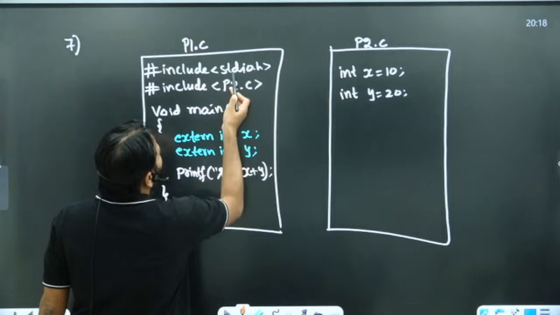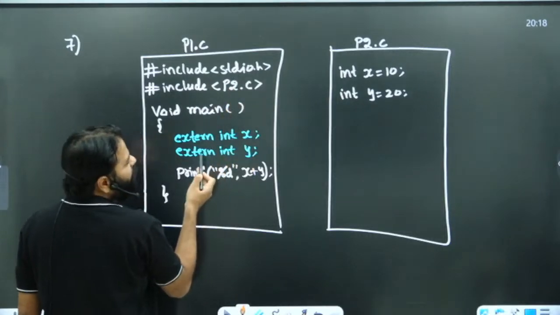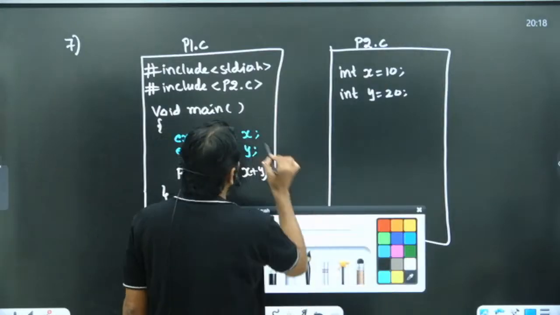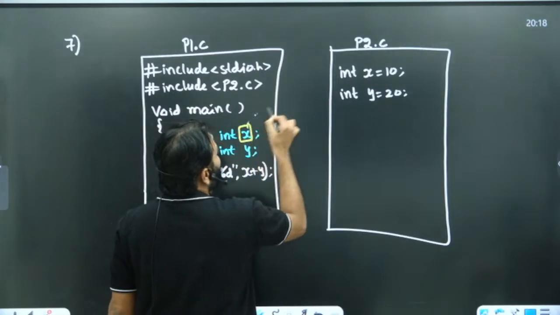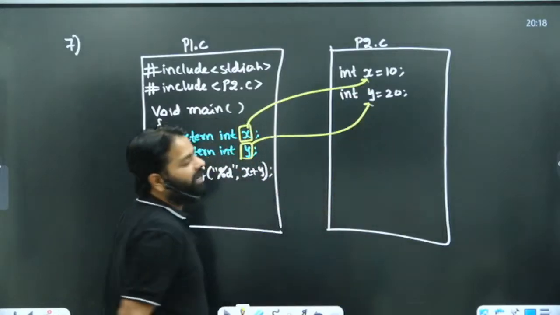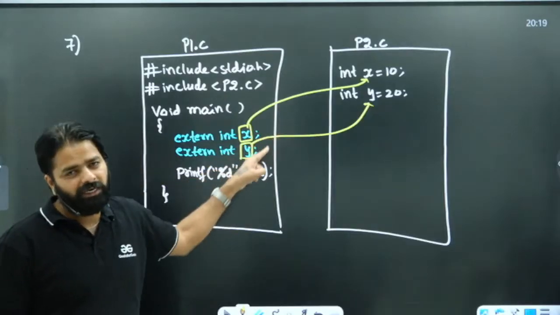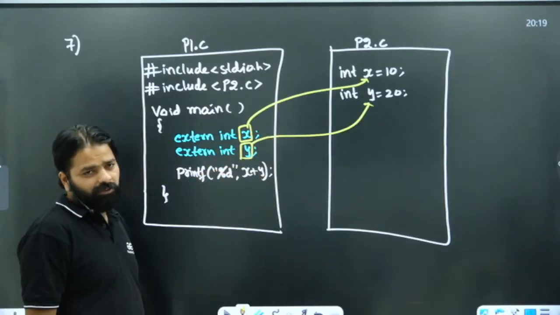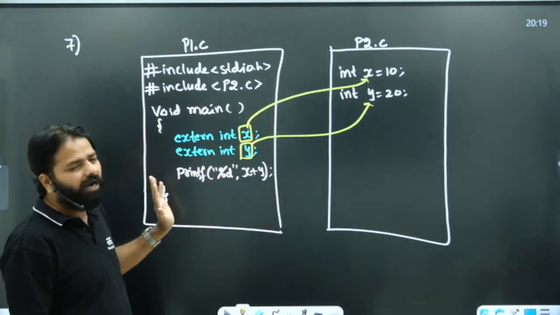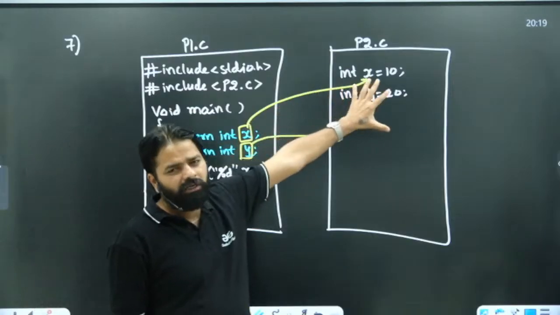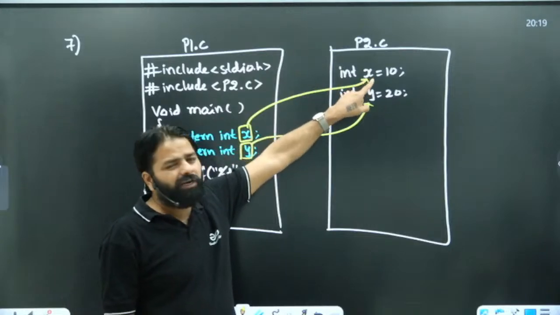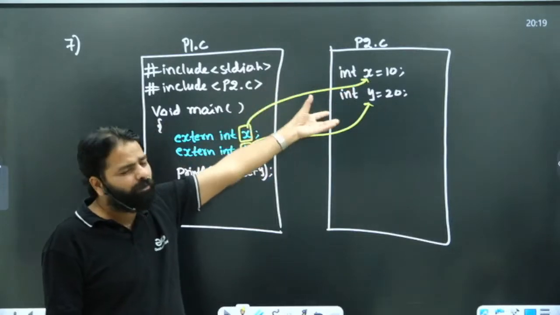So now extern int x. So these programs are linked in both of them. This x will be seen. So x is available in p2.c. So this x is linked by the linker. So this x will link with this, and this y links with this. Who will link that? The linker will resolve those external references. Correct? The compiler knows that extern int x means okay, the linker will come and resolve it, and just after the compilation, just before execution, your linker will work, and the linker will try to link all the external references, whether it's an external variable or functions also.